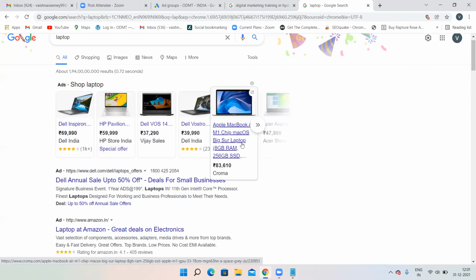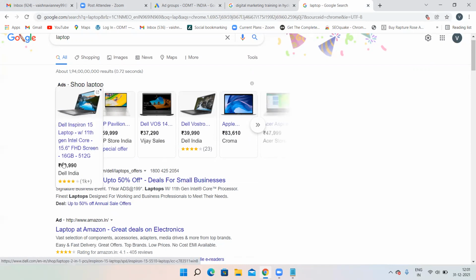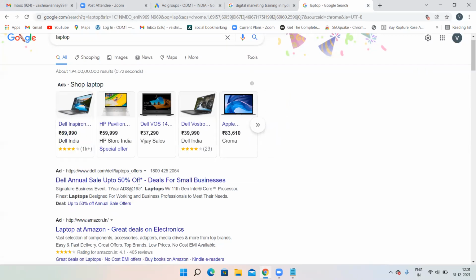No. People are not going to purchase just by seeing the headline and description. They will not click on this particular advertisement. If anybody wants to purchase any product, 100% they'll be looking for an image, price and everything. So never ever go for search network campaigns if you have an e-commerce website.